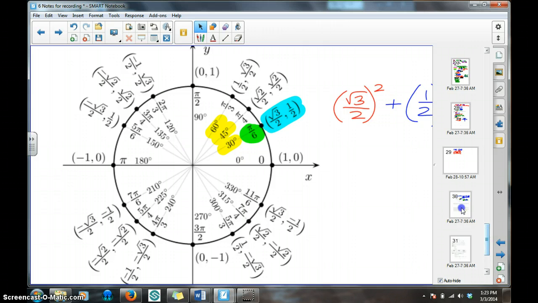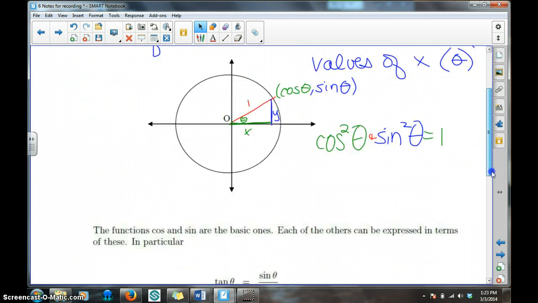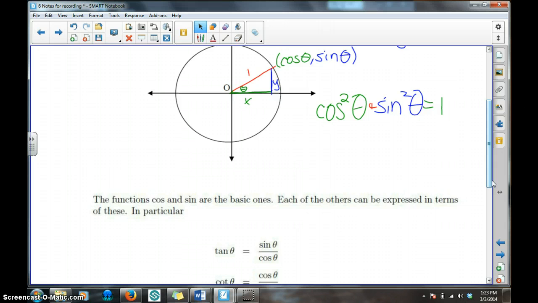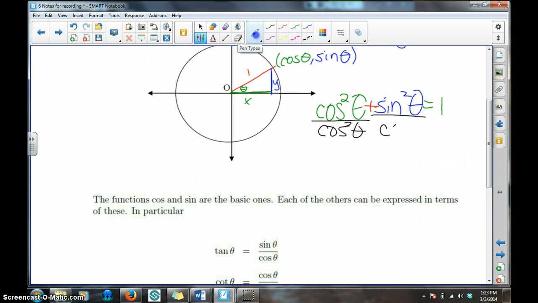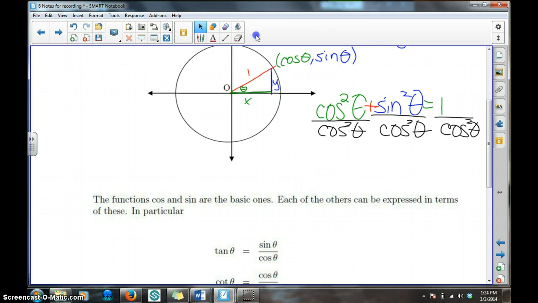It's what it is. And what I'm going to do now is show you the other 2. The other 2 Pythagorean identities come specifically from taking this 1 and just manipulating it a little bit. So the first thing I'm going to do is say I really don't like this cosine. So I'm going to divide straight through by the cosine squared function. And when I divide straight through by the cosine squared function, I'm going to get my second Pythagorean identity, which is cos squared over cos squared becomes a 1. Sine squared over cos squared becomes,